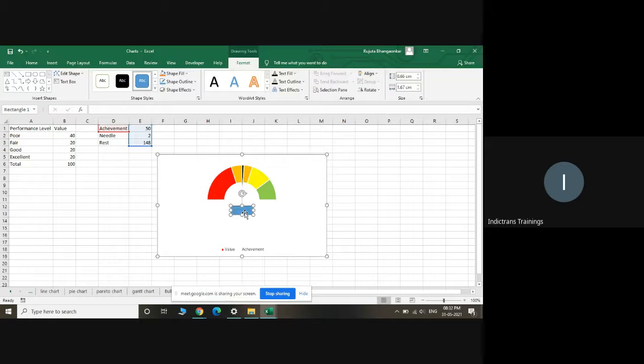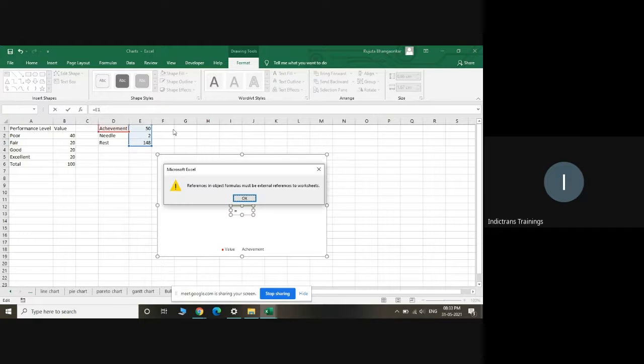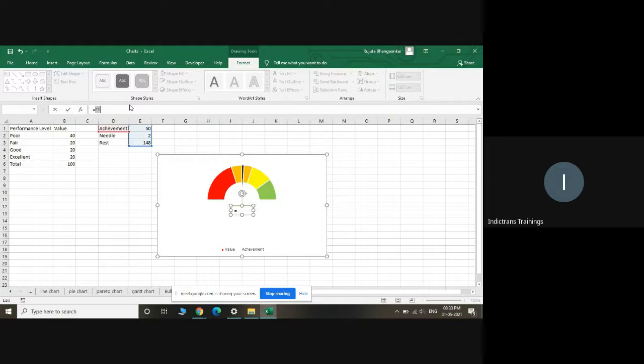Click there, and in the formula box, you just type equal to B1 in the formula box. Not here, in the formula box. I think you have an equal to there, which you need to delete. You have equal to inside the text box. Delete that.